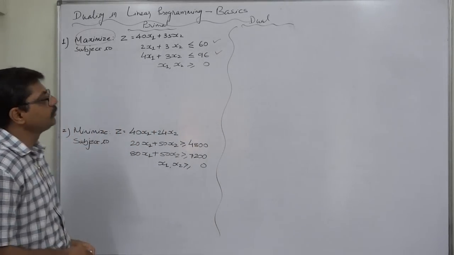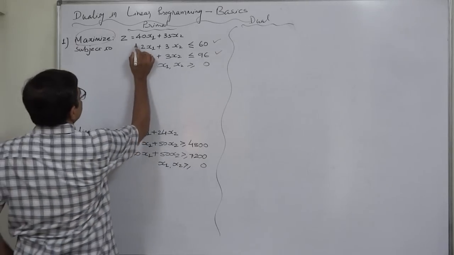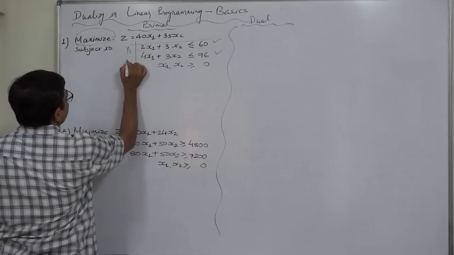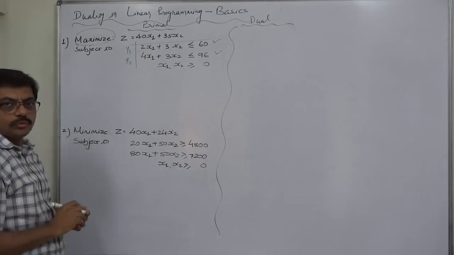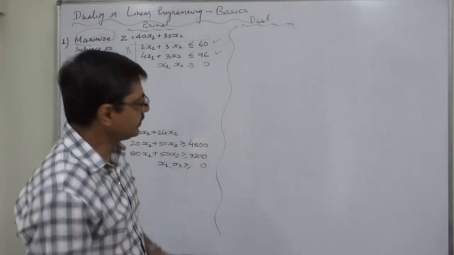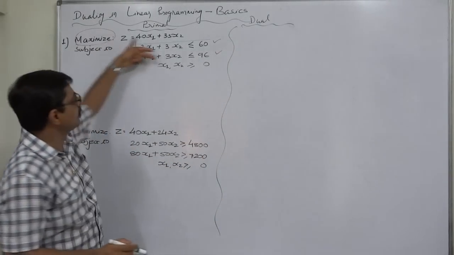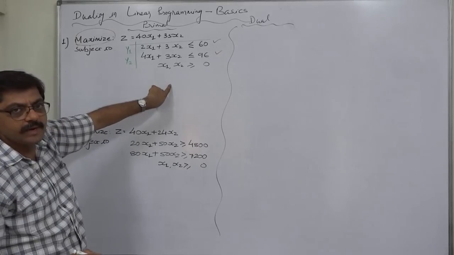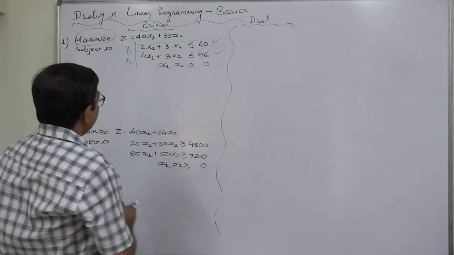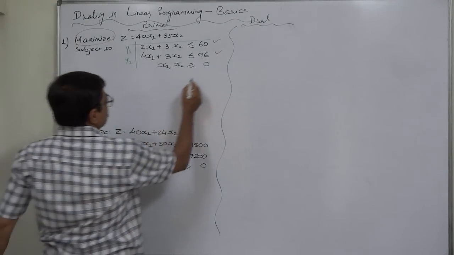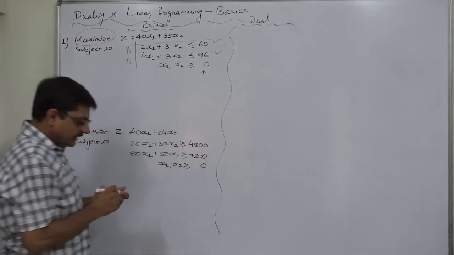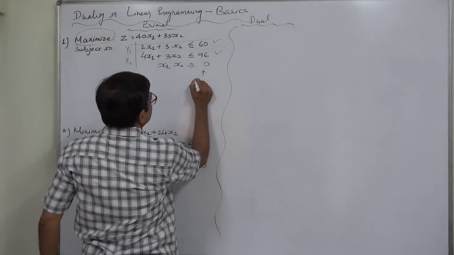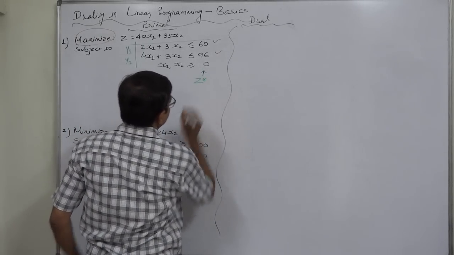Now, how to write the dual of a primal? A very simple thing is to be done. We will have two decision variables in the dual because we have two constraints in the primal. Similarly, we have two decision variables in the primal, so we will have two constraints in the dual. Now what? The right hand side of all the constraints will now be the part of our objective function in the dual.